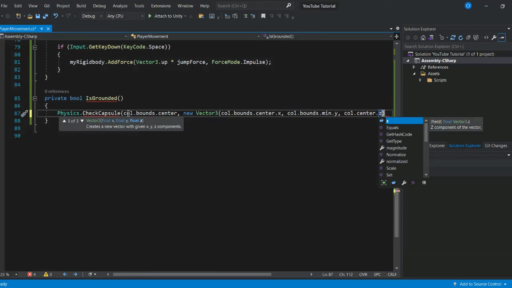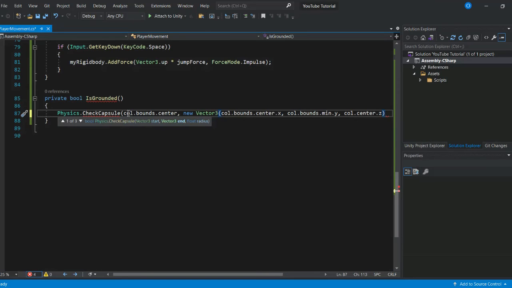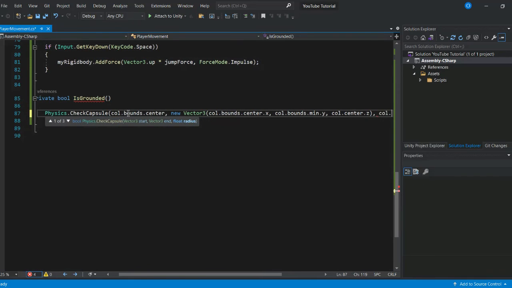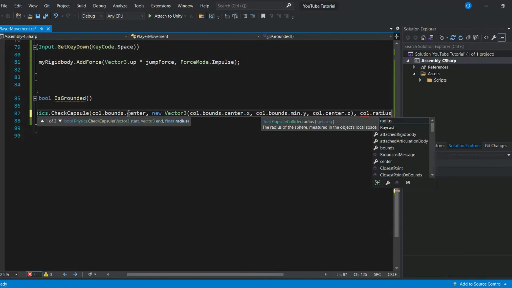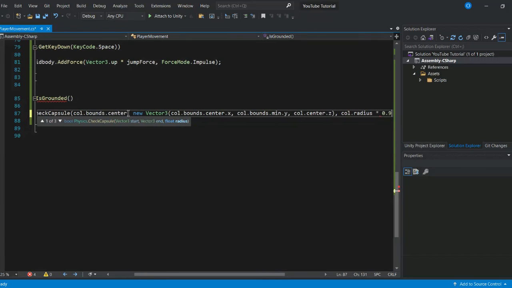And then we can say col dot radius times 0.9f, and then